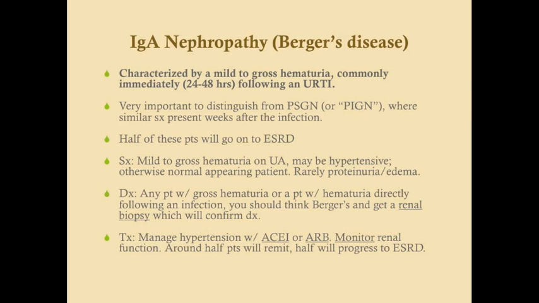So this isn't your post-streptococcal glomerulonephritis, where it comes like 3 to 4 weeks afterwards. This is like a day or two after you had your upper respiratory tract infection. So look for the time frame when you want to differentiate IgA nephropathy from post-streptococcal or post-infectious glomerulonephritis. It's going to be the time frame that helps you do this. And the reason that we need to differentiate this is because of the prognosis. Half of patients with Berger's disease or IgA nephropathy are actually going to go on to develop end-stage renal disease,